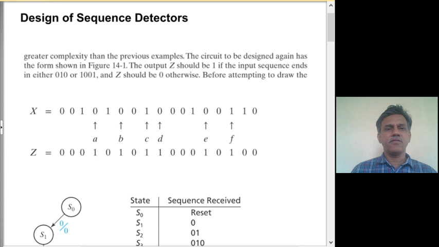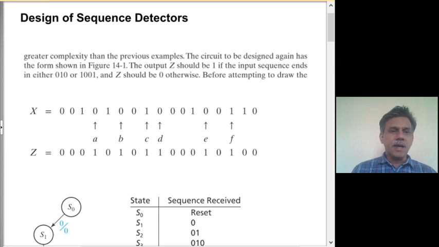There are two kinds of FSMs, Mealy and Moore. We will try to take an example from the Mealy side as well as the Moore side and come up with the sequence detector. Again, to keep things simple, we will assume that there is only one input signal given to the system and only one output signal. Whatever we discuss here can be extended to the case where there are multiple inputs and multiple outputs.